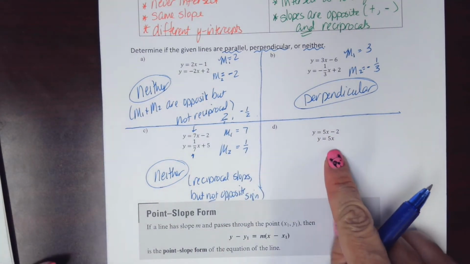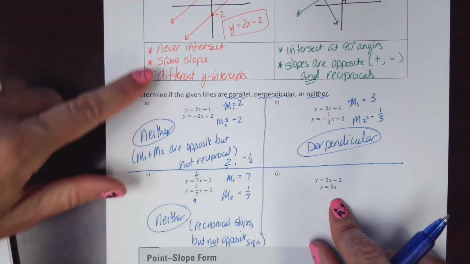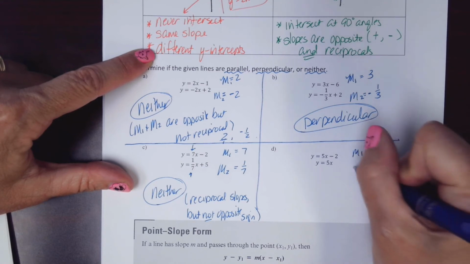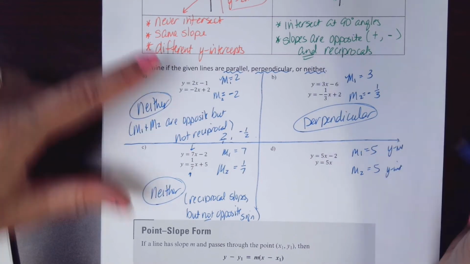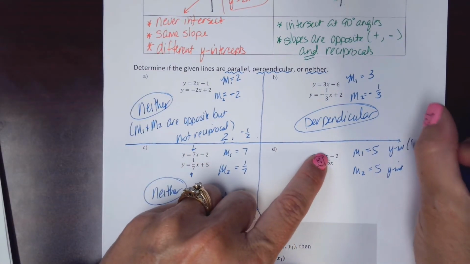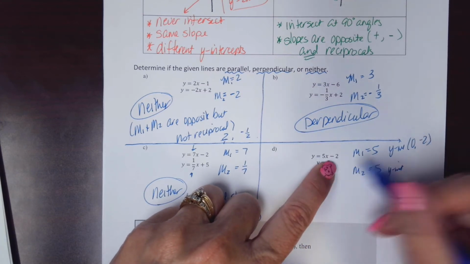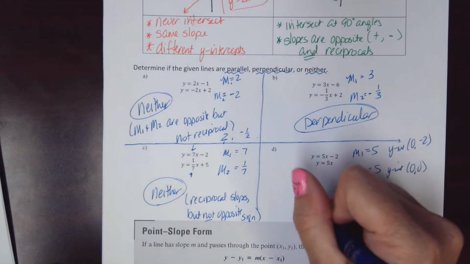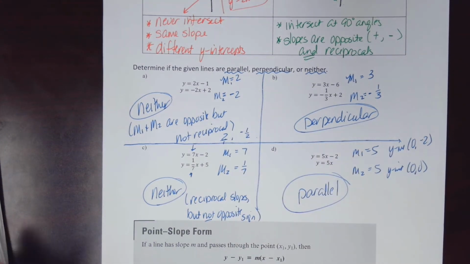What about here? I've got the same slope, so they can't be perpendicular. Could they be parallel? Same slope. Do they have different y-intercepts? The slope of both of them is 5. What about the y-intercept for these lines? For this one, if x is 0, y is negative 2. What if x is 0 here? There's not another value out there that is negative 2, so they have the same slope and different y-intercepts. These two lines are parallel to each other. Okay,